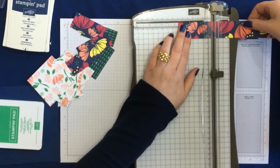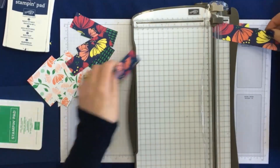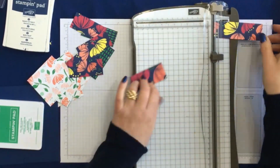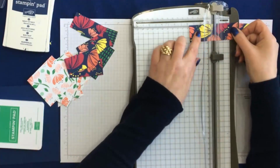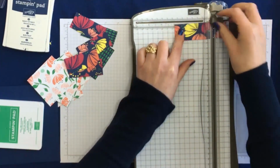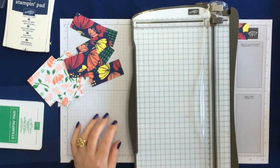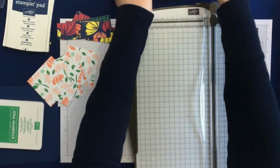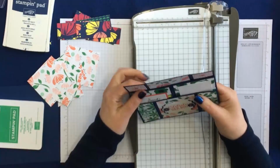And this is a great way of showcasing all the different patterns of the patterned paper, the different sides, because I always think it's a shame you have beautifully patterned papers and you only ever get to see one side. Right, so that's those, and then we have